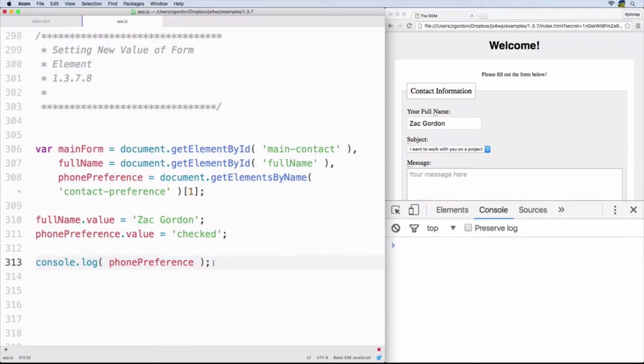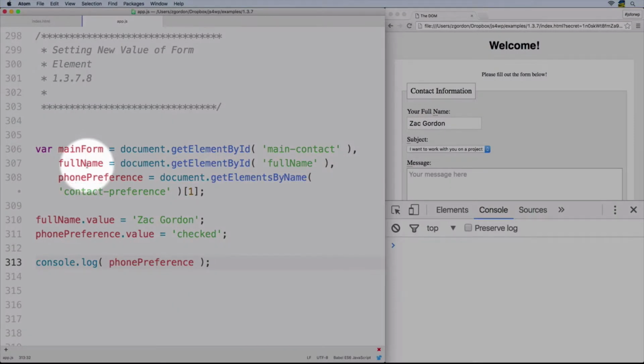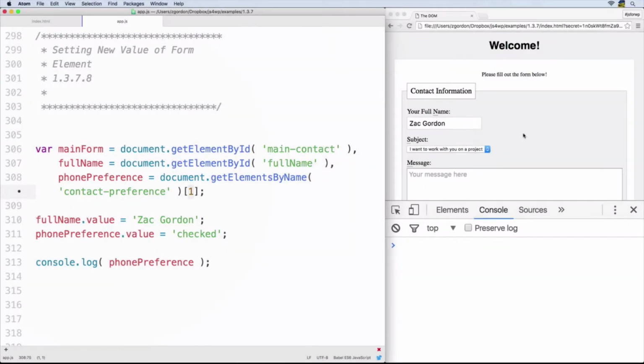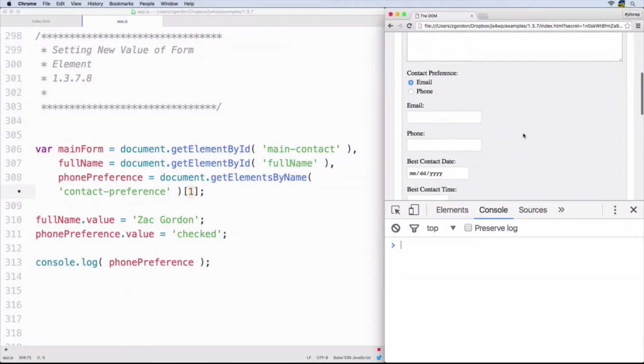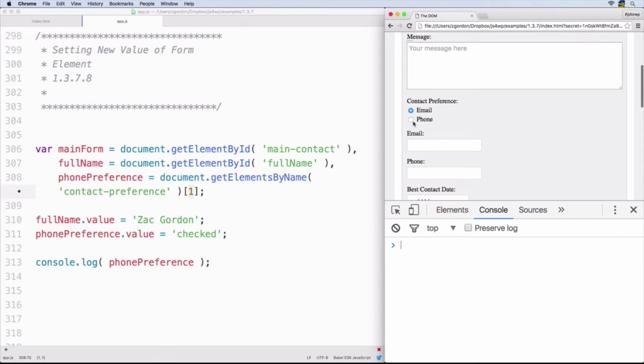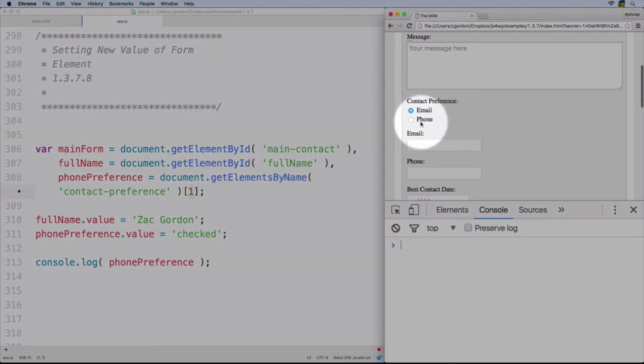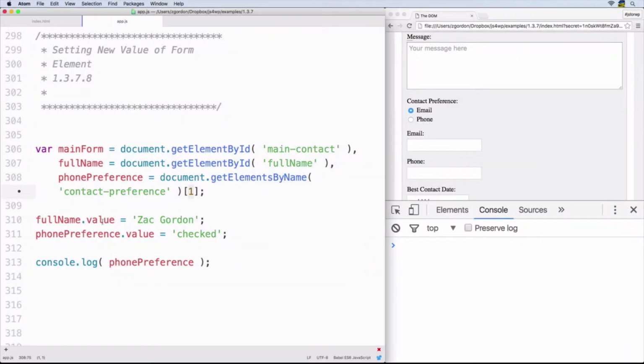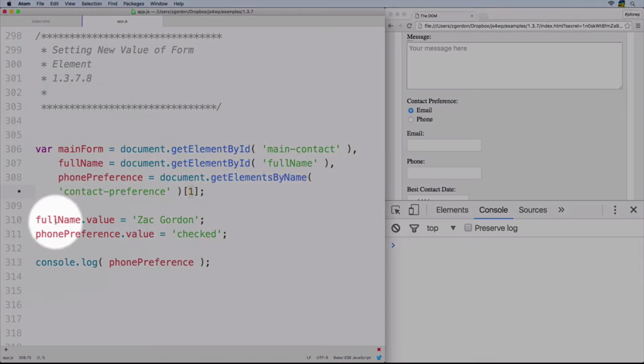Okay, what we have in our example here is we're basically getting our form, we're getting our full name, and then we're going to get the first item, or actually the second item here, because of the 0 index. 0 is the first item, 1 is the second item of our contact preference, which is what we're grabbing. We want to get the second item here. So to change the value using JavaScript, I simply select the element,